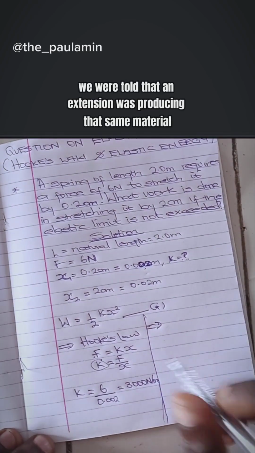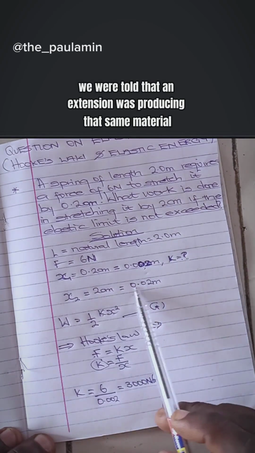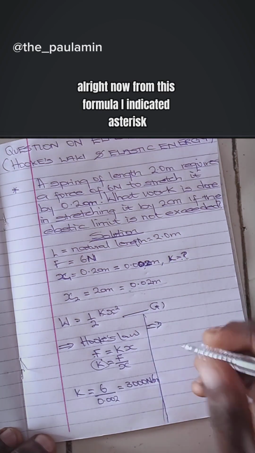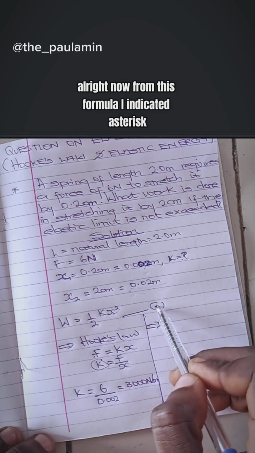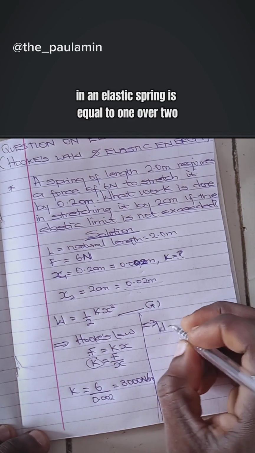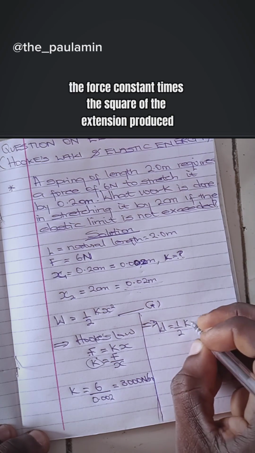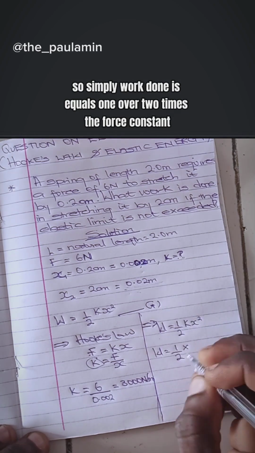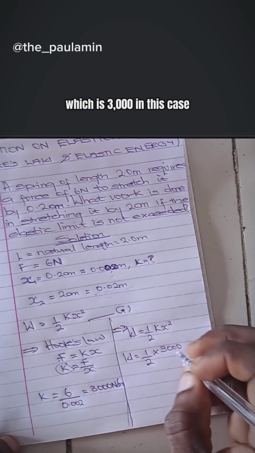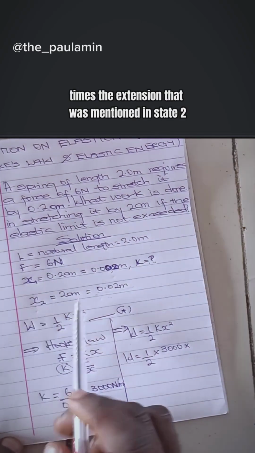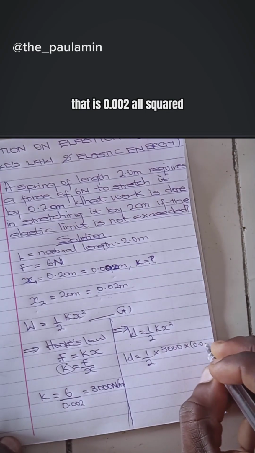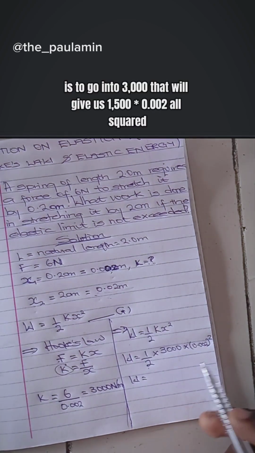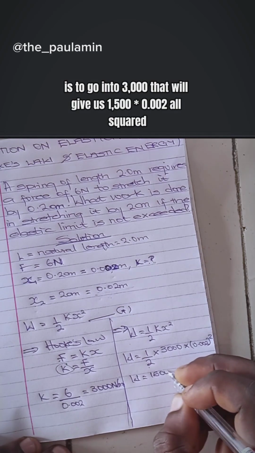For the second state, we were told that an extension was produced in that same material, that is 0.02 meters, and we are told to find the work done to cause this extension. Now from this formula I indicated with a star, we're told that the work done in an elastic spring is equal to 1/2 the force constant times the square of the extension produced. So simply, work done equals 1/2 times the force constant, which is 3,000 in this case, times the extension that was mentioned in state 2, that is 0.02 all squared. So if 2 is to go into 3,000, that will give us 1,500 times